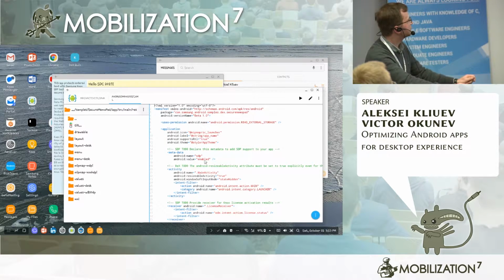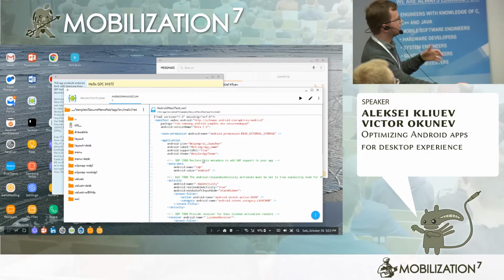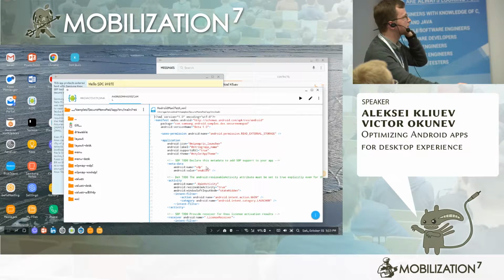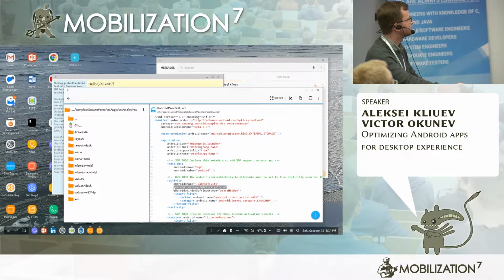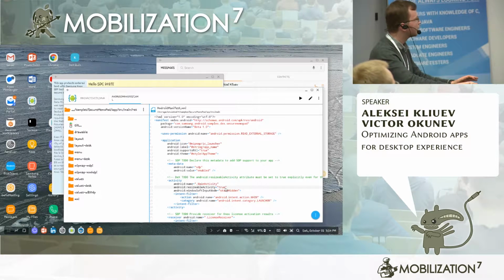Next feature that I should mention is in the Android manifest file, where there is the resizable activity attribute. You should be sure it's always true. If it's not declared or declared false,